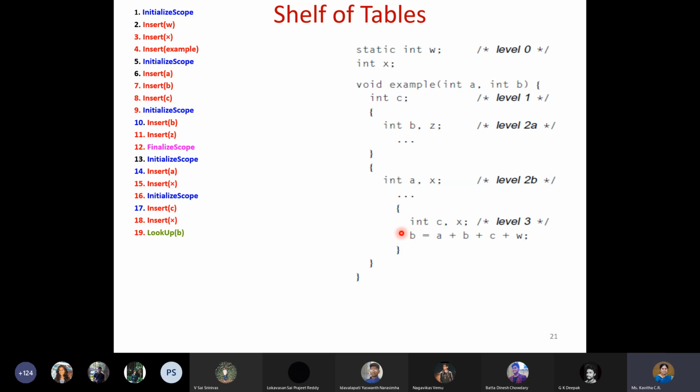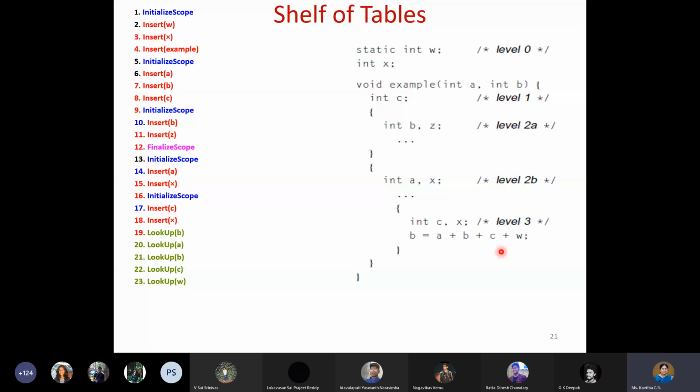And now we are going to use the lookup whenever we need to access, that is, whenever the retrieval of a value is required. Like if I have to compute B is equal to A plus B plus C plus W, what I need is all these values, whether they are in the current level or in the previous level, whatever it is, we need the values of those. So you're going to look up those variables, and you're going to find the values. So lookup of B, anyway this is the LHS, but it will just look up whether that particular variable is present or not. Then we look up A, then we look up B, we look up C, and we look up W.